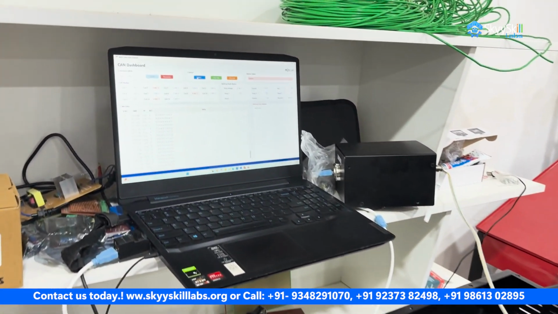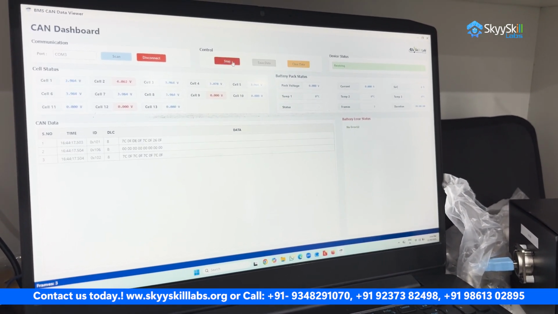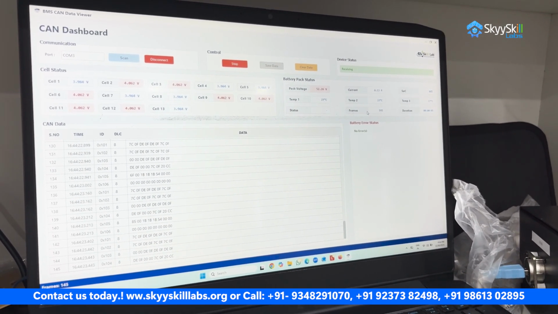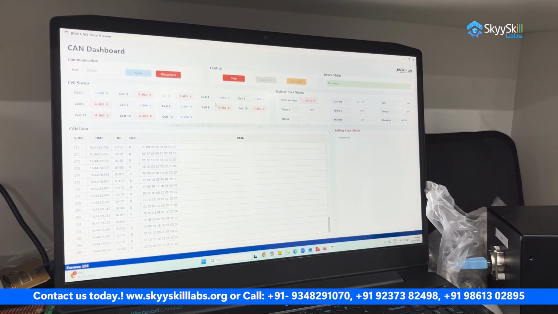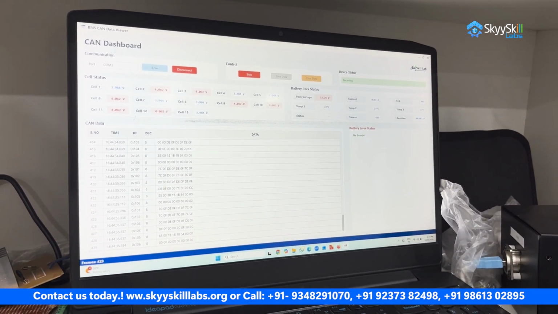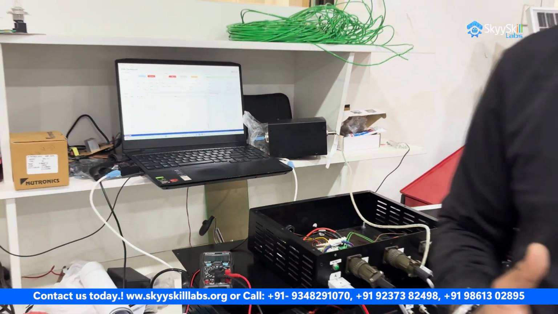Now coming to the software, let me clear it out for you. Then here I am starting it again. So here you can see the hash codes have been generated, hash frames are getting generated, and the number of frames generated per second is being monitored. Then the total pack voltage and the cell performance, like the 30 cells I mentioned. All the cells' voltage and how it is getting balanced, passively or actively, everything will be visualized to you. These hash frames will help you understand the real world voltage, cell voltage, cell performances and cell temperature. Everything will be monitored with the help of this system, and students will be learning about the communications between the battery packs and also with the